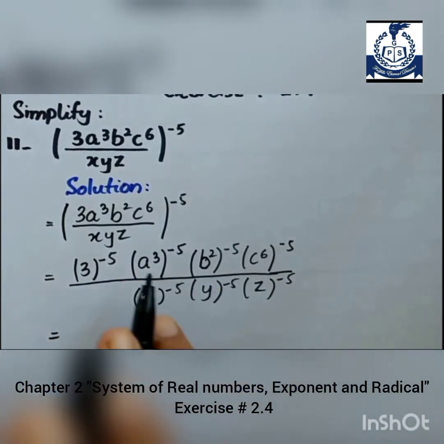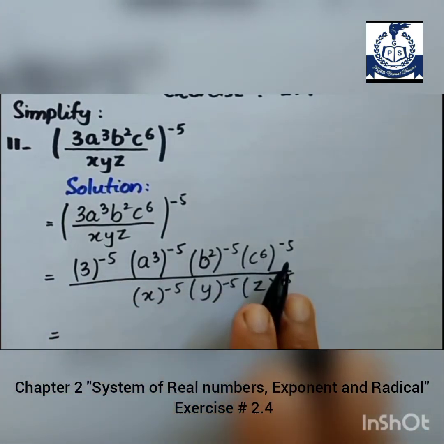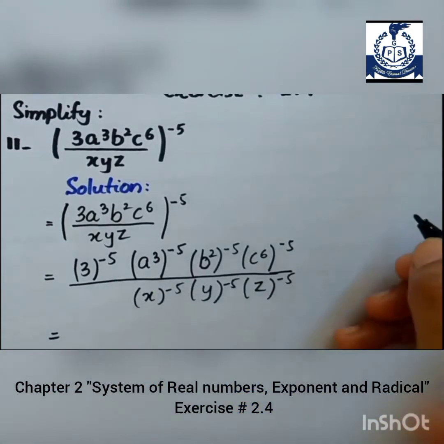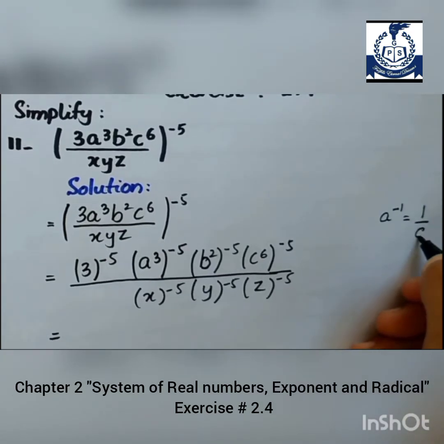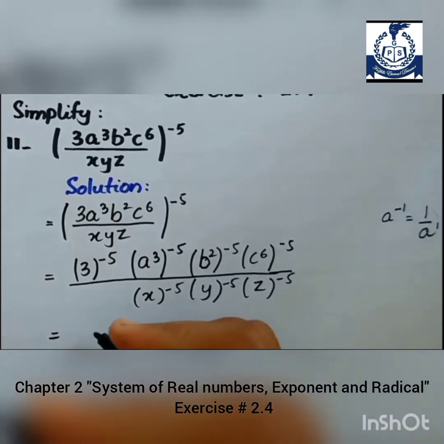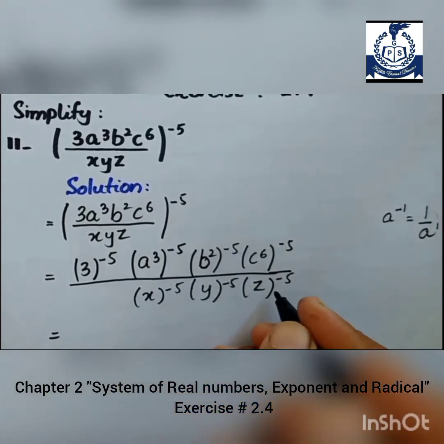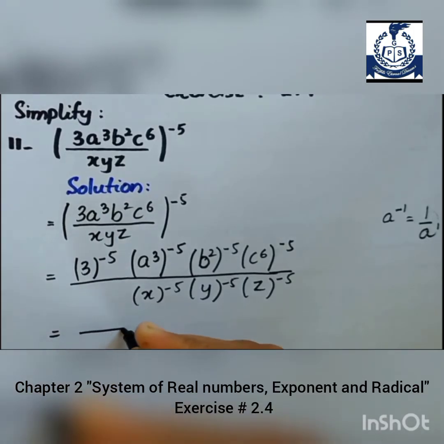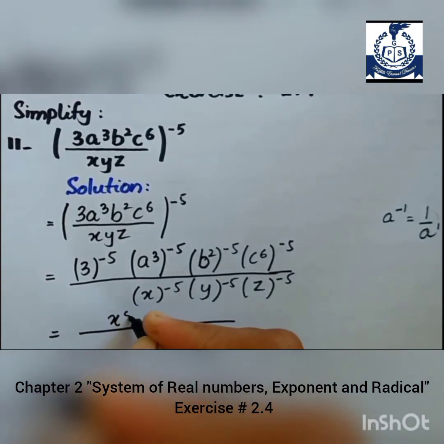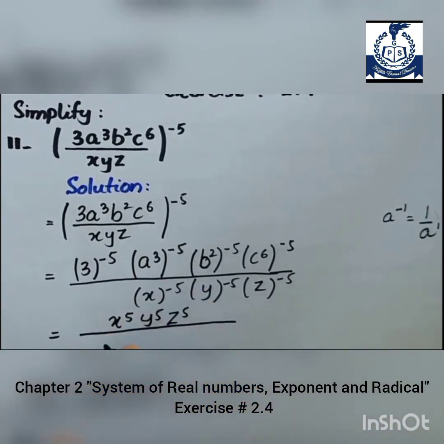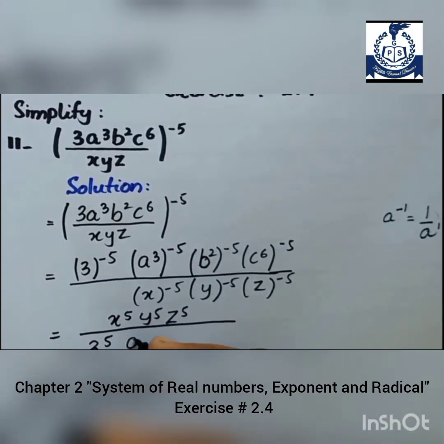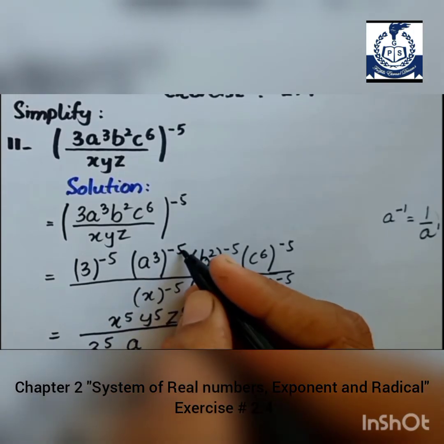So first we need to change the negative power into positive form. To make it positive, we change the position. If it is in the numerator, we convert it to the denominator, and if it is in the denominator, we convert it to the numerator. x minus 5, y minus 5, z minus 5 are in the denominator, so we convert them to the numerator. All the powers become positive. Divided by, and the 3 in the numerator, the upper line, so we write it in the denominator as 3 to the power 5, a cube to the power 5,